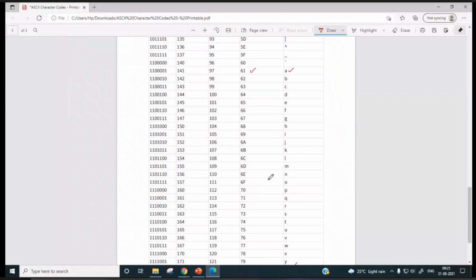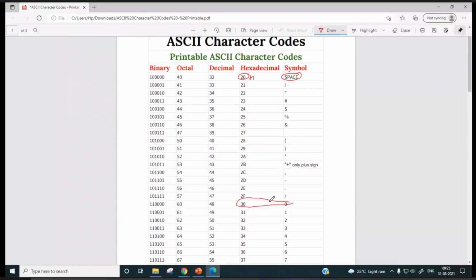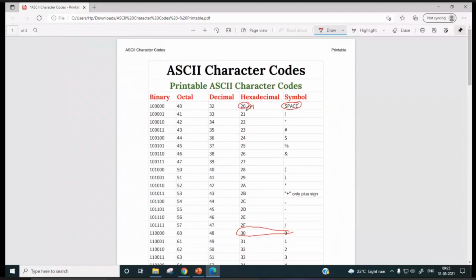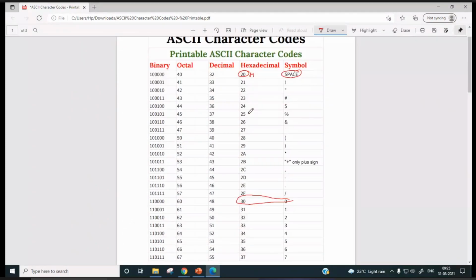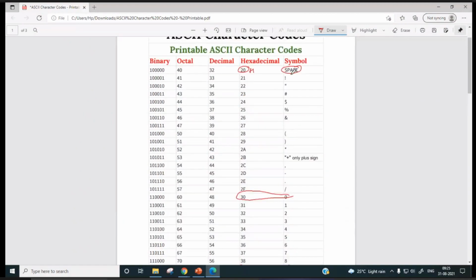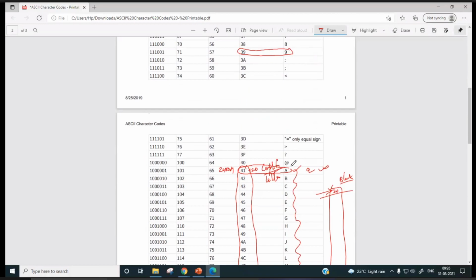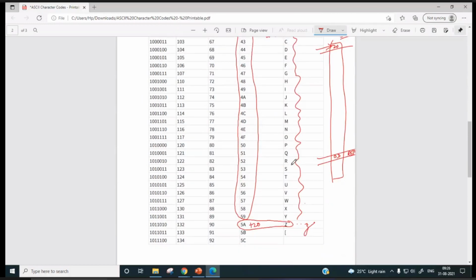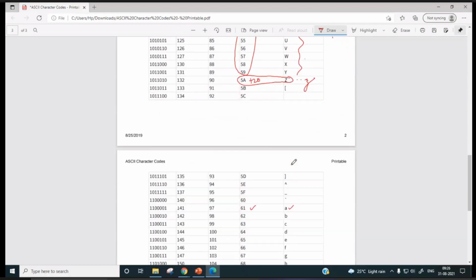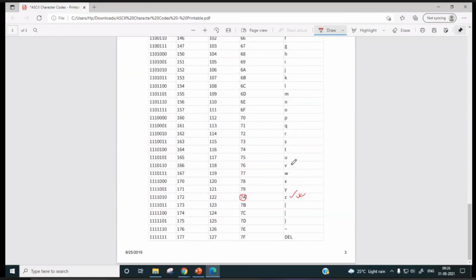Return, can you see? 0D will be here. It starts with 20, no? Space, and where is the return symbol? Characters. Return symbol is not there.